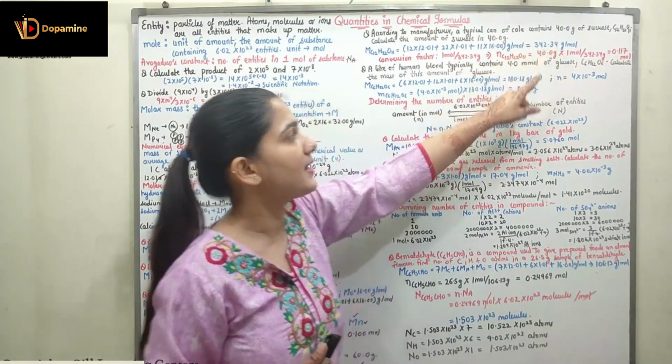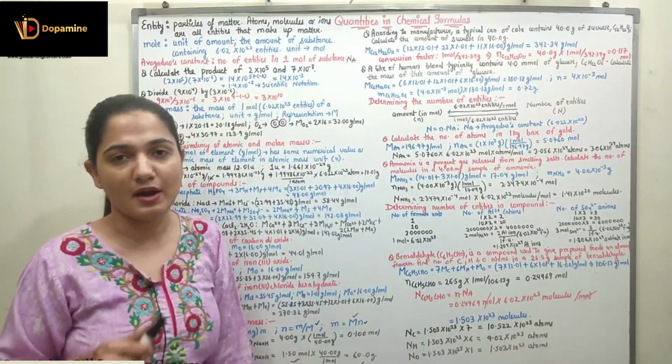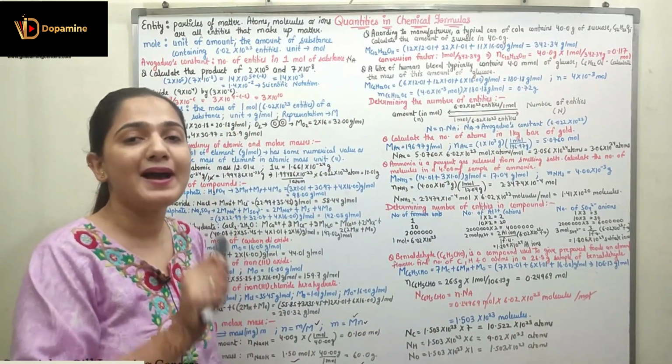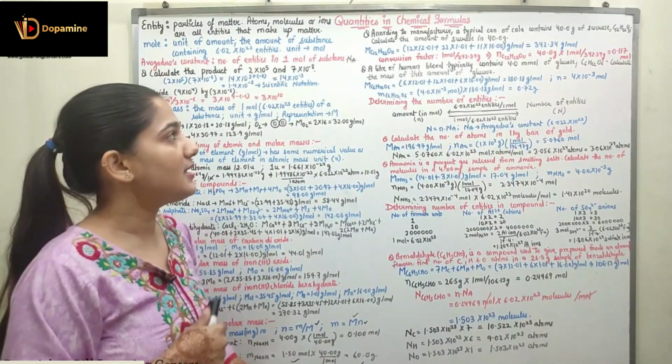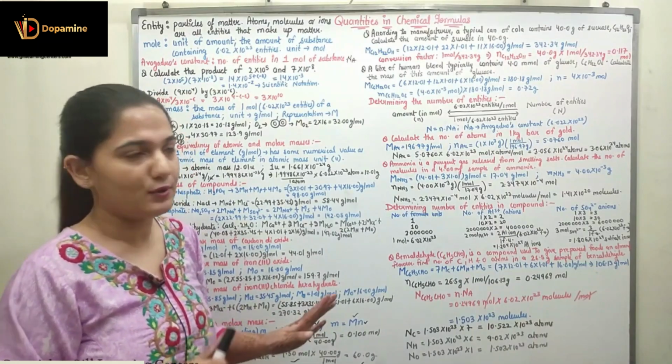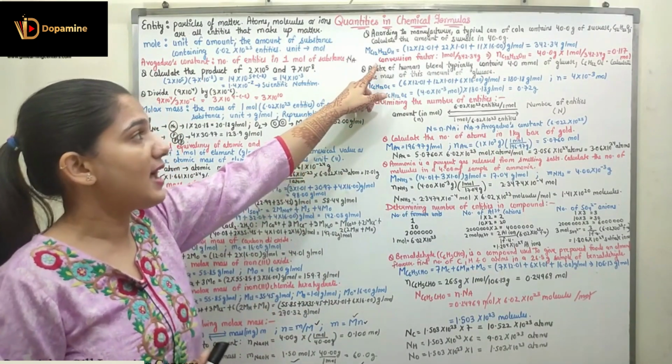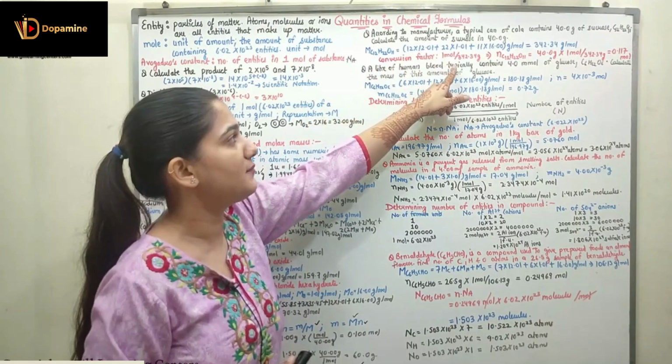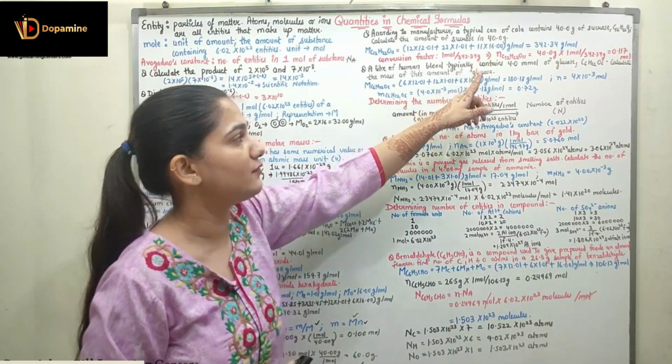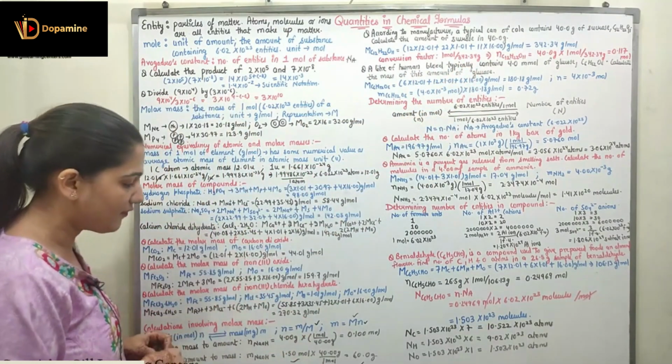When you add it, you will get 342.34 gram per mole. This is my molar mass of sucrose, or C12H22O11. Right, now we have the conversion factor as 1 mole divided by 342.34,